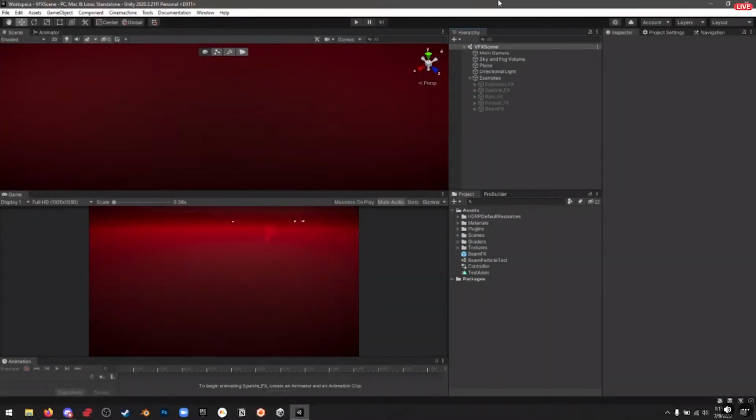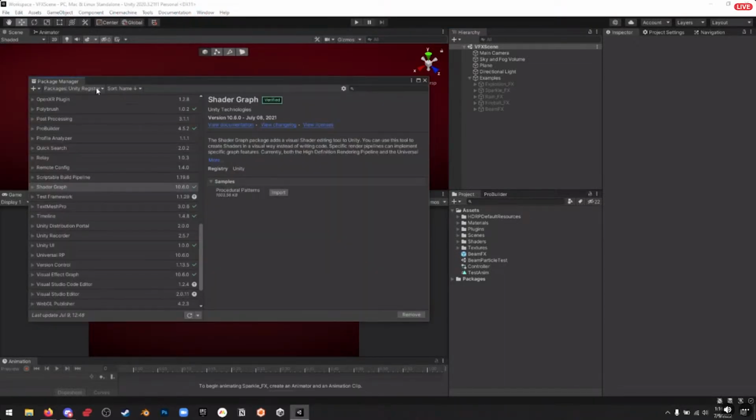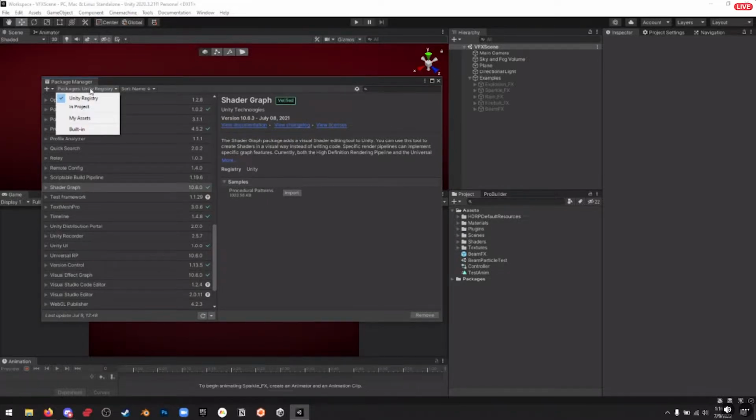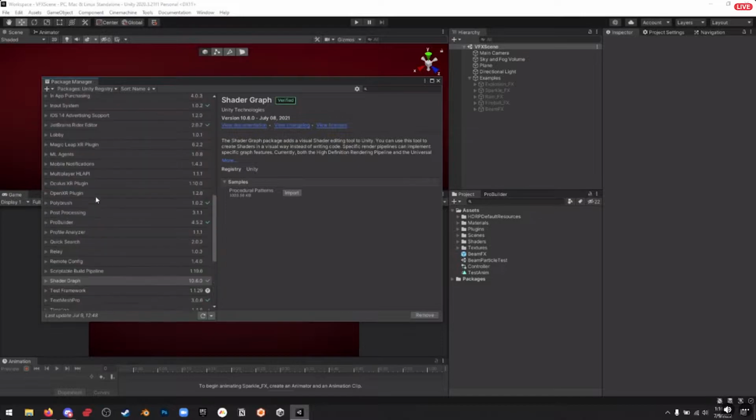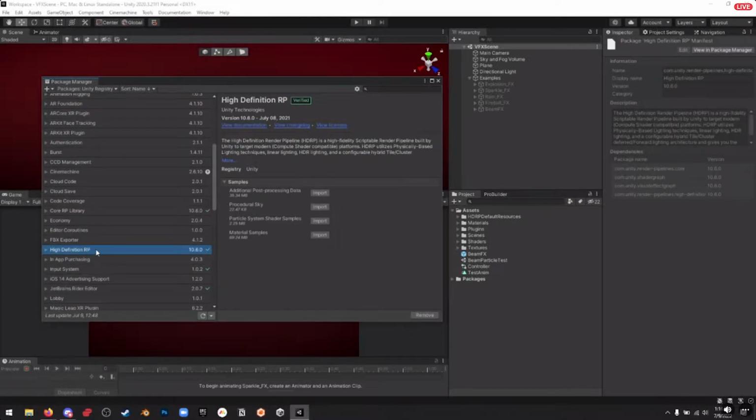All right, here we are in the project. The first thing I do when I create a new project with HDRP is I come up to Window, and I go to the Package Manager, and I make sure that the Unity registry is selected from the dropdown here, because the High Definition Render Pipeline package should already be installed if you picked an HDRP project to start. But it doesn't import